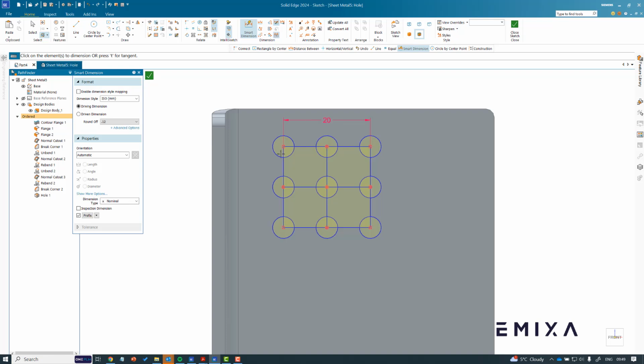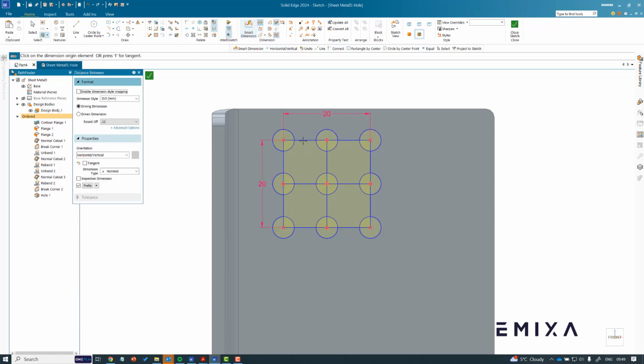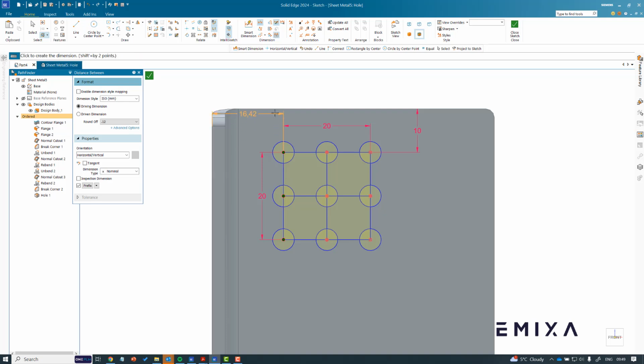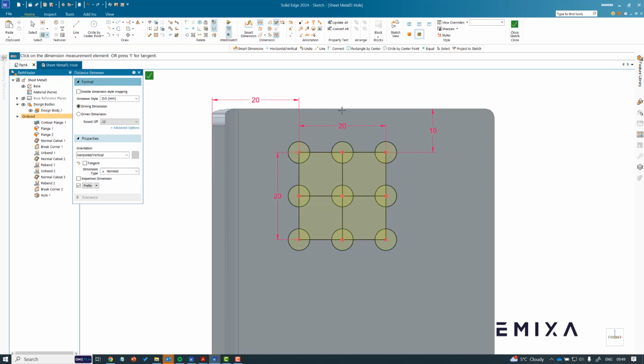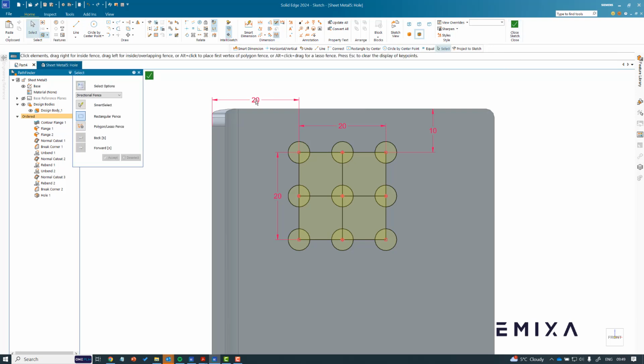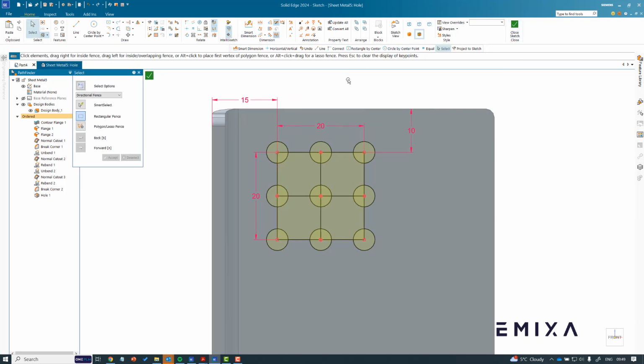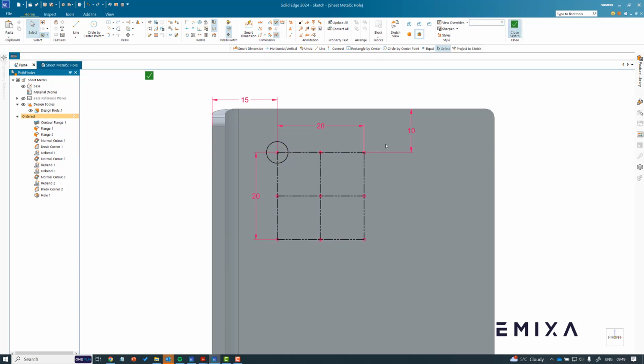So that one's going to be 20, that one's going to be 20, and then we're going to do 10mm from the top. I'm going to do 20mm from this very far edge on here. I think that one's actually meant to be 15, so I'm just going to change that, and then we're going to close that